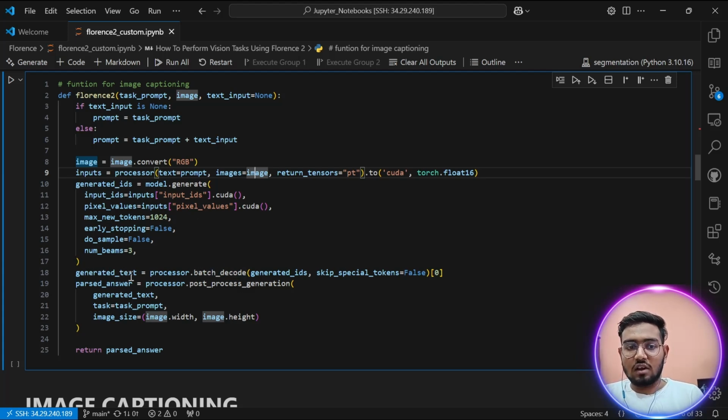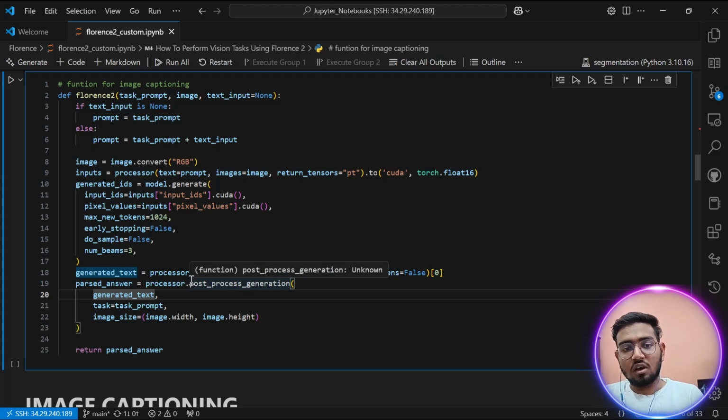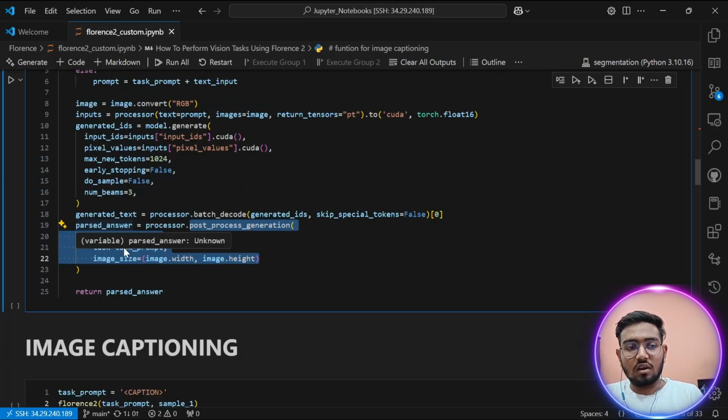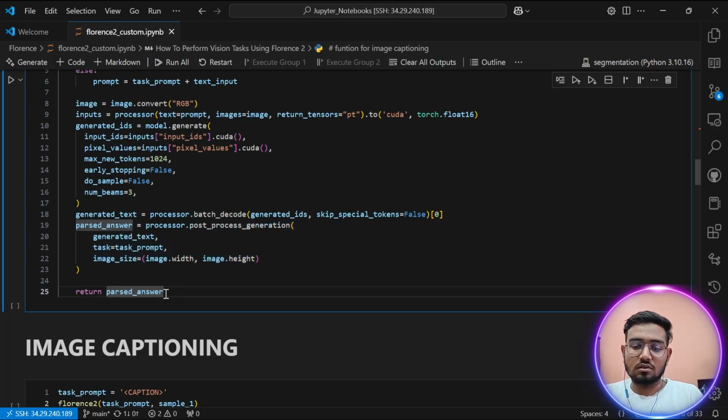So that generated text goes through post-process generation. After the result, it's converted into human readable format. So this part converts the model data into human readable format, and after that, the result is parsed and returned. Let's run